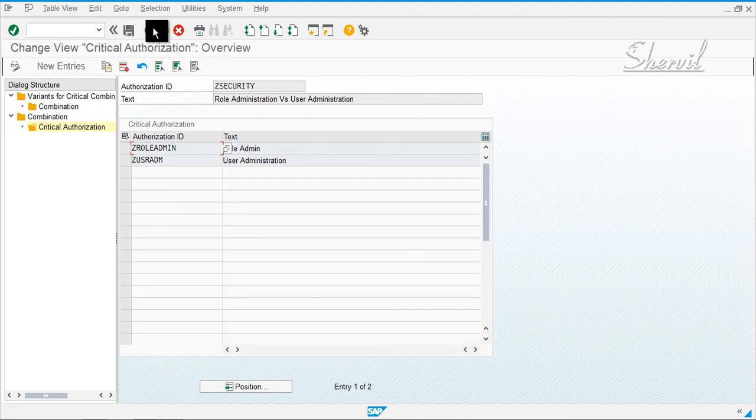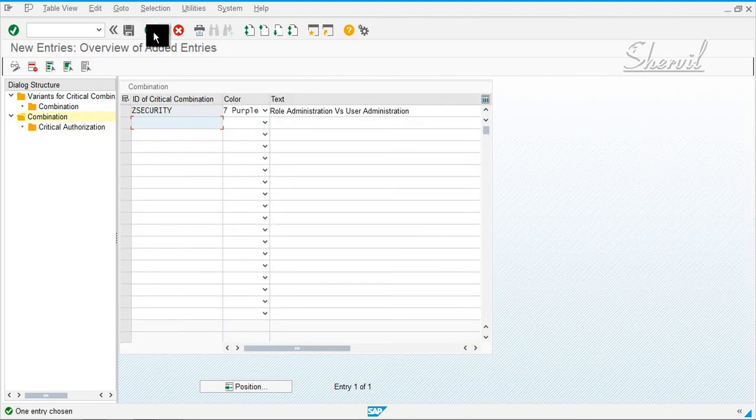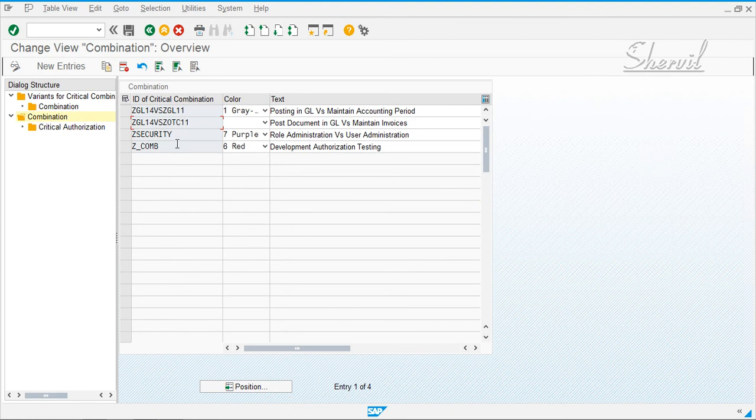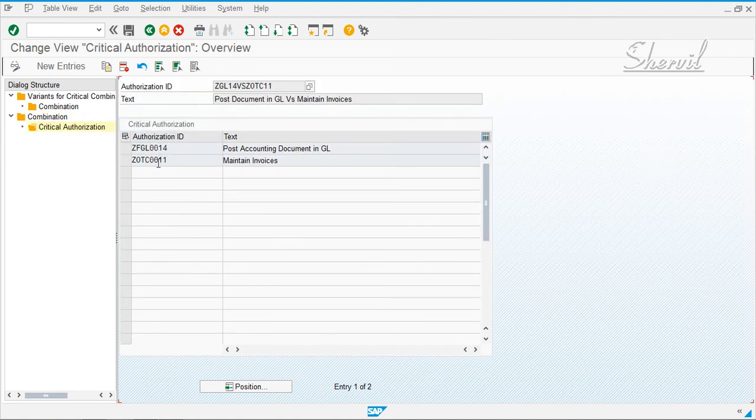Like this, you select and create the critical combinations for each of your conflicts. The critical combination ID in GRC terminology is your risk ID, and the critical authorization IDs are considered business functions.